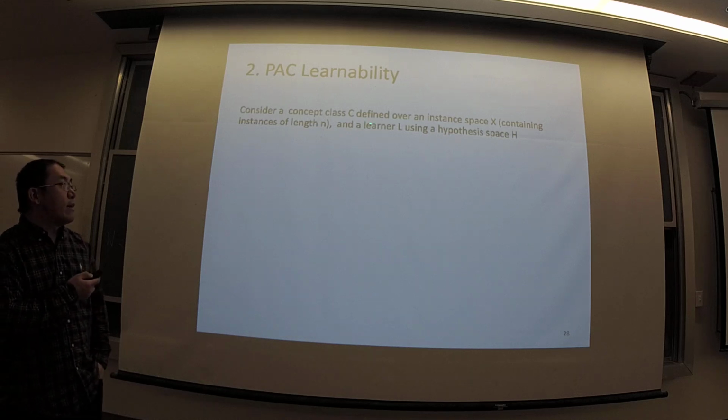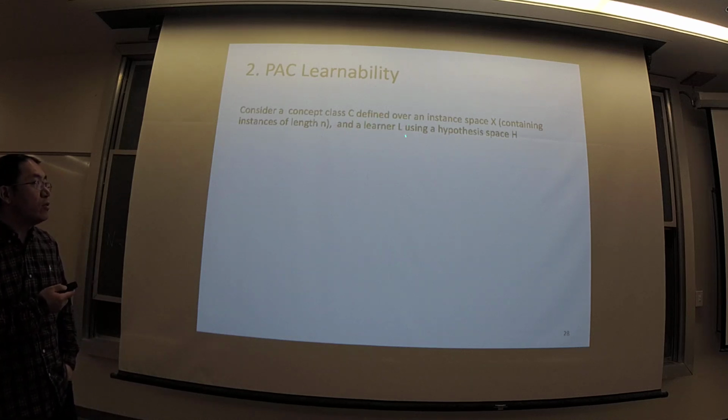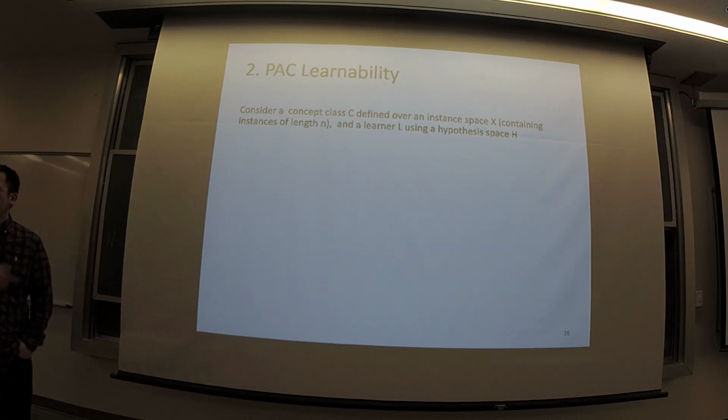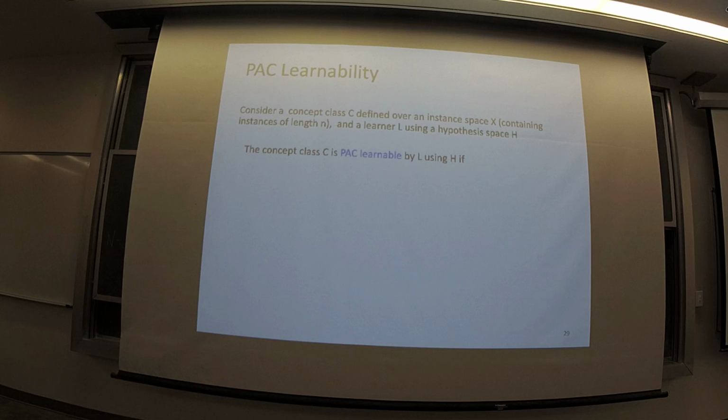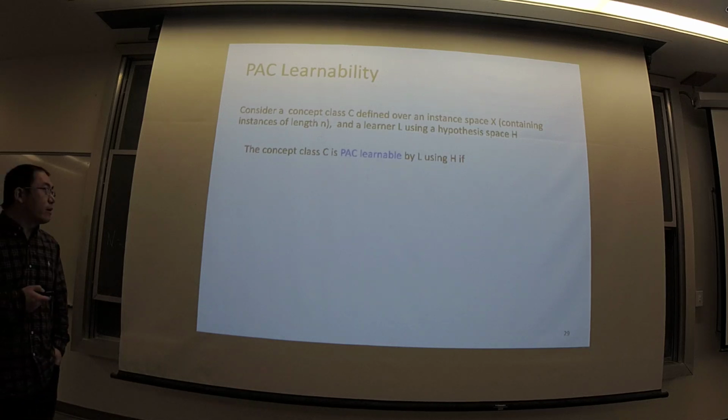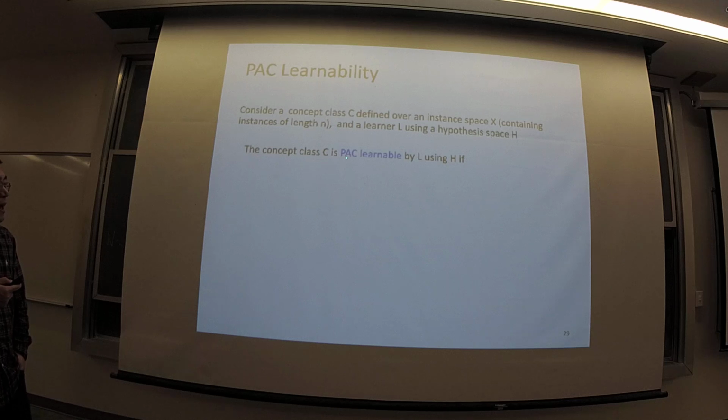And we have a machine learner L using the hypothesis space H. This is a precondition. Then we can claim that the concept class C is PAC learnable by the machine learning algorithm L if